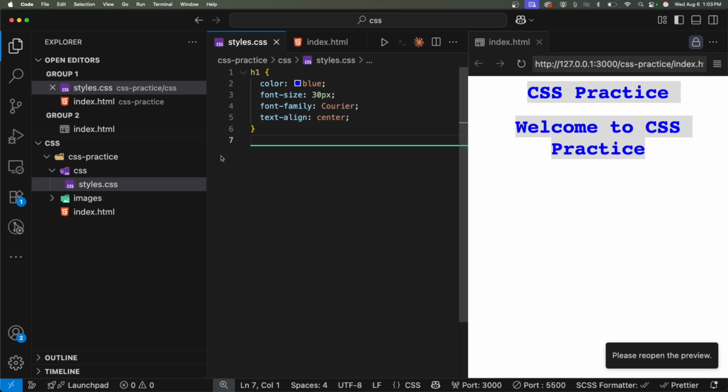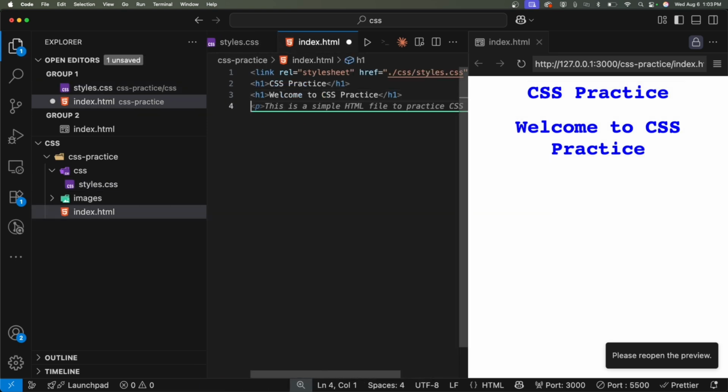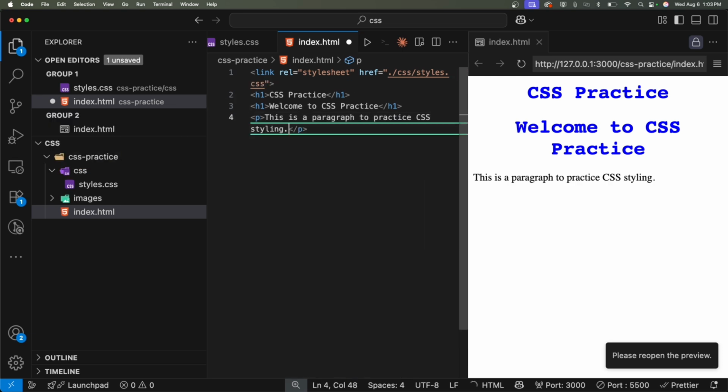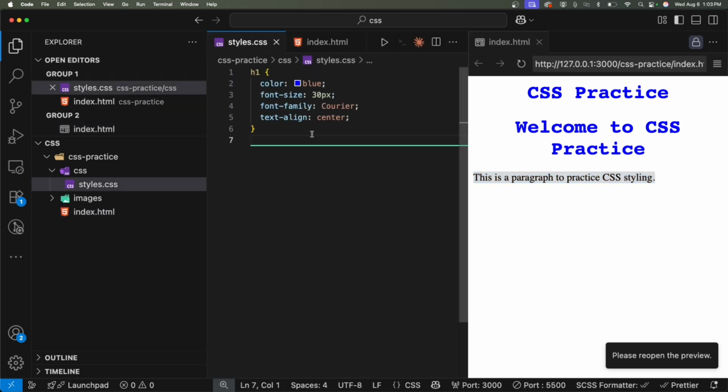Now here's where it gets fun. We can style different HTML elements completely differently on the same page. So in your index.html file, add a paragraph under the heading, just like this. Right now that paragraph looks boring because it doesn't have any CSS rules. Let's fix that. Let's go back to the styles.css file,